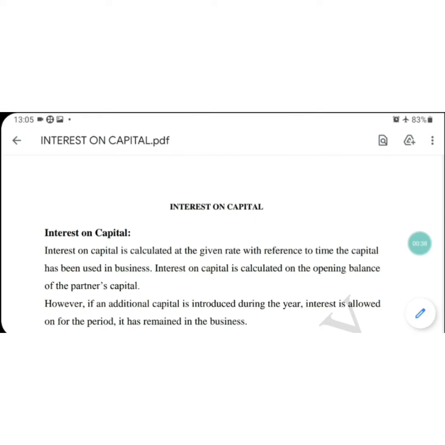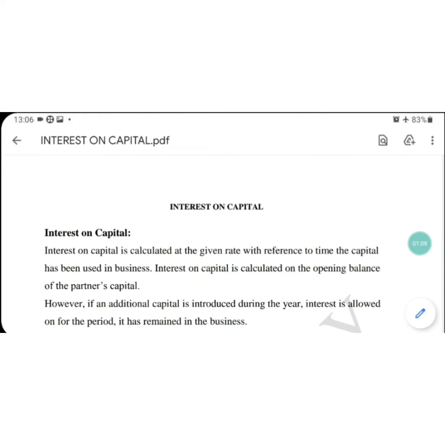In this video, I am going to explain exclusively the interest on capital and how to calculate it. With regard to the interest on drawings, even though various methods are there to calculate it, according to the Big C syllabus, it is confined only to calculating the interest on drawings under the simple interest method. As there is no difficulty in calculating the interest on drawings under the simple interest method, I have given much importance to the interest on capital.